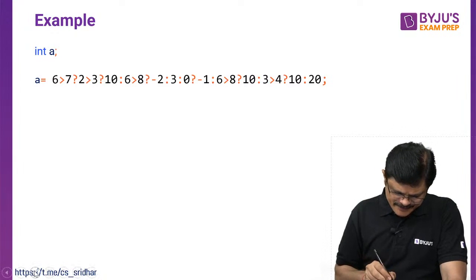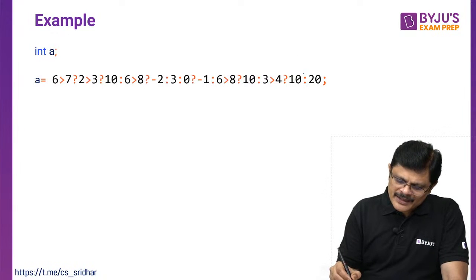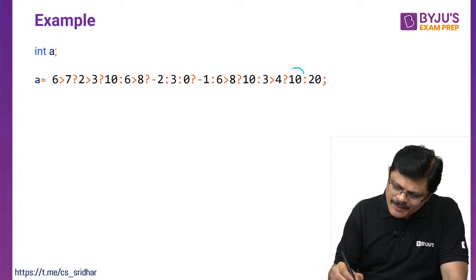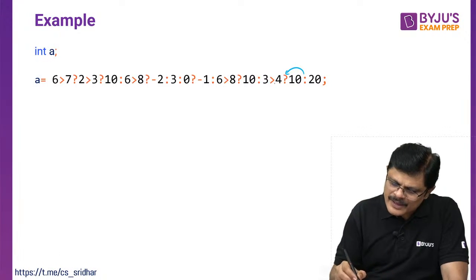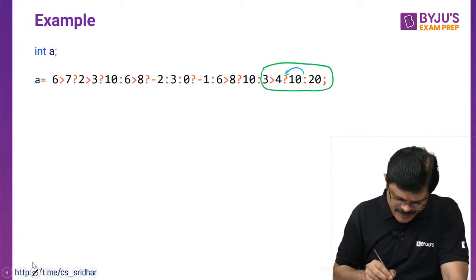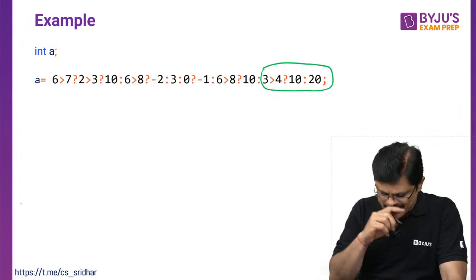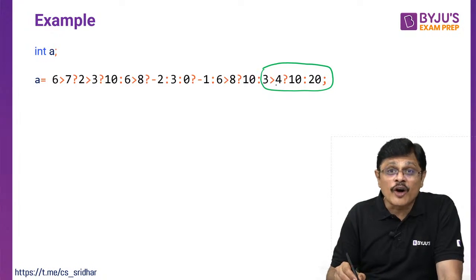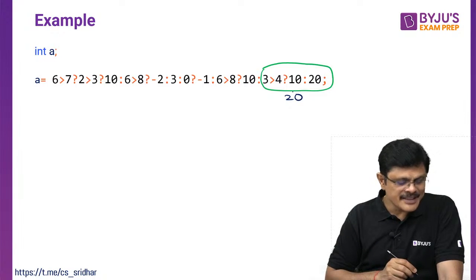Let us see this. Colon question mark. Okay, so colon question mark means what, sir? This is question mark. This is the expression which you are going to evaluate. What is the expression? This is the first expression which you are going to evaluate. Don't write too many things, you get confused, sir. Just write down the answers below that. Then it would be easy for you. 3 greater than 4 is false. False means 20. The answer for this is 20.